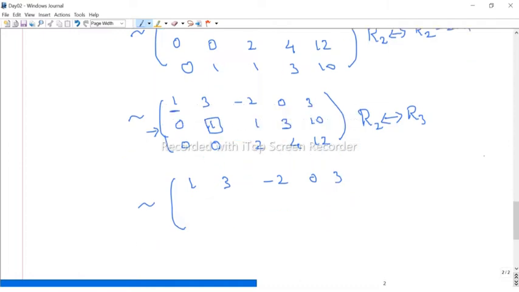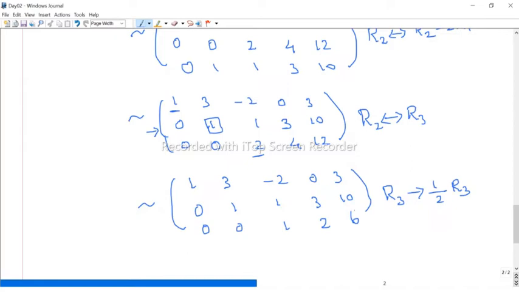Okay, so first you have to reduce the matrix into row echelon form. After that, you have to reduce to row reduced echelon form. So first we have to reduce into an echelon matrix, that is, a row echelon matrix. Now what I am going to do for R3 is multiply by 1/2, that is, divide R3 by 2. Therefore, this is 2; if you multiply by 1/2 or divide by 2, we get 1. And 4 by 2 is 2. 12 by 2 is 6.